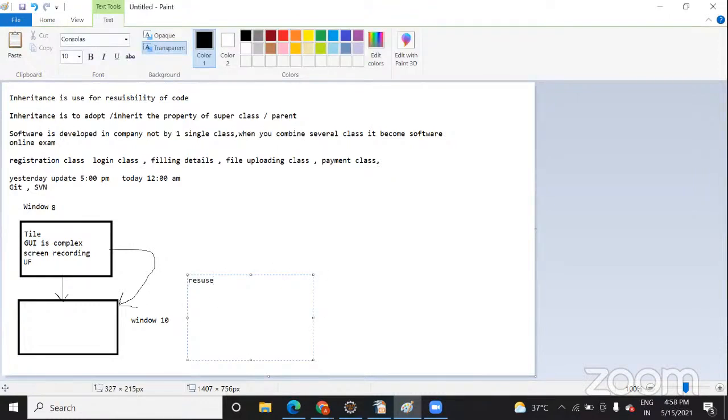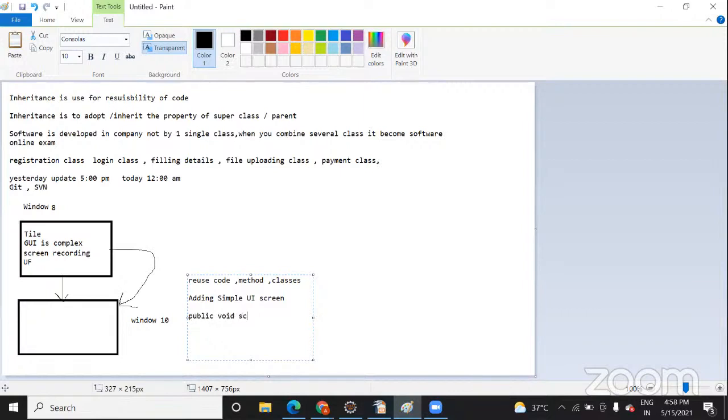So you reuse code, methods and all the classes, and add a simple GUI or simple UI screen, like Windows 7 and all. They might have inherited Windows 7 also, and added one method, like a screen recording method.